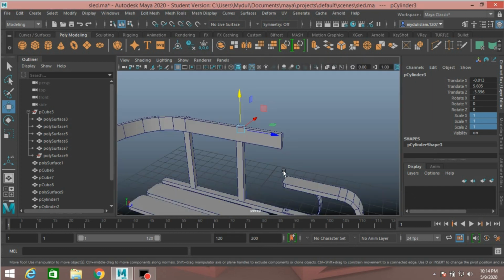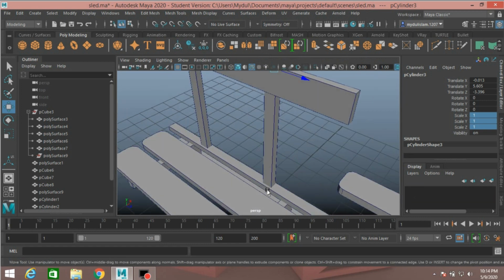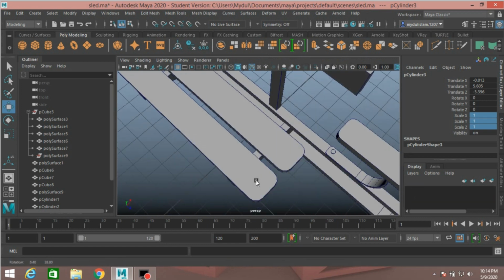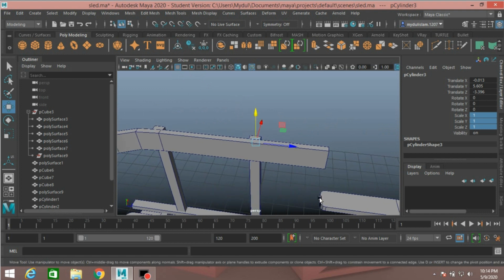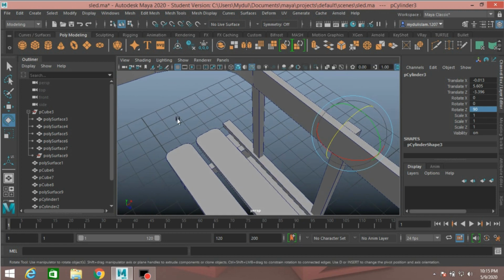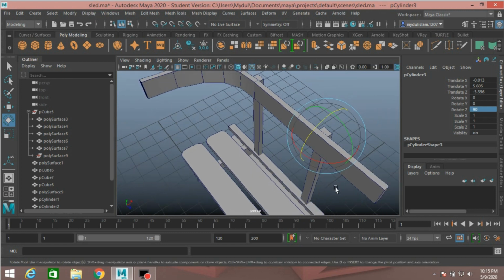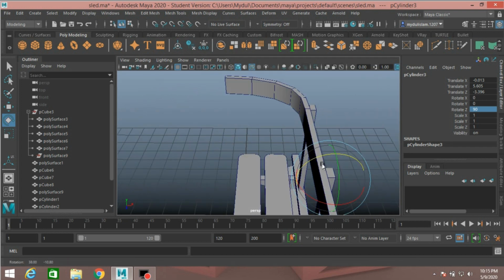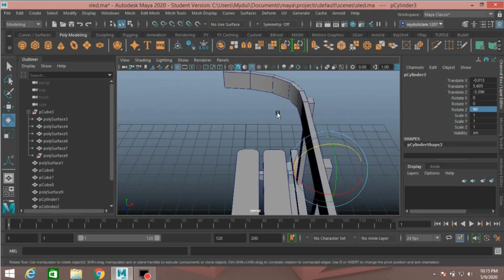Move it here. Now rotate tool, rotate it along y-axis, type 90. Move tool, move just here.